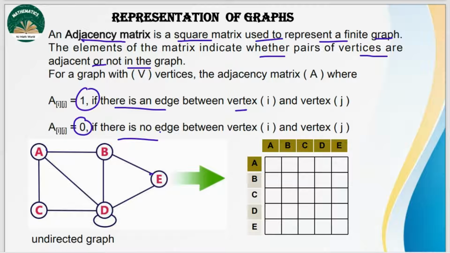A to A, I have no edge, it is 0. A to B we have 1 edge. A to C we have 1 edge. A to D we have 1 edge. And A to E we have no edge, so it is 0. Then going with the next one, we have